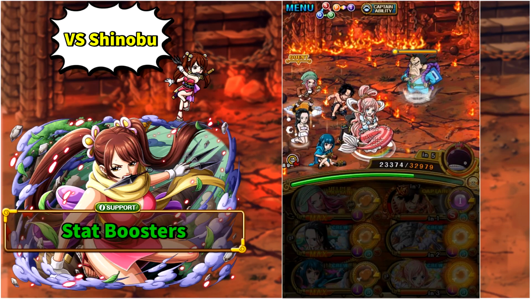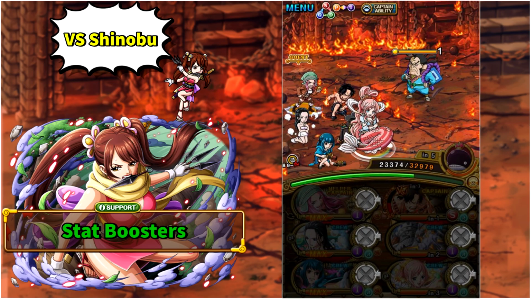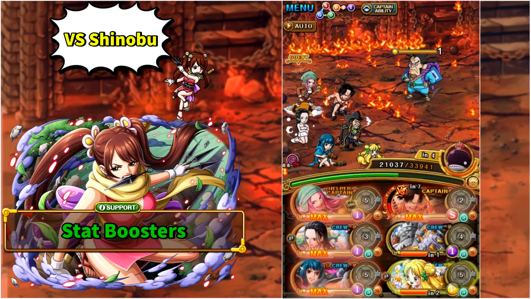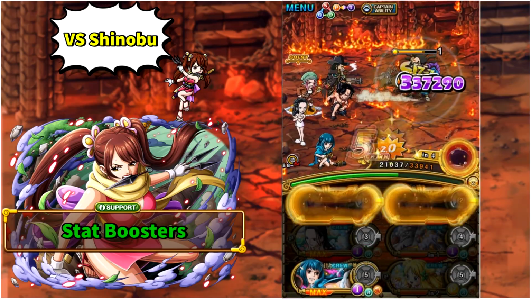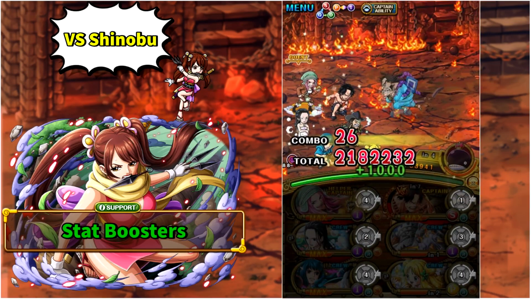Now in stage number 3 against Raizo, he will bind our slots for 6 turns. Some of your units, if limit broken, will resist some turns, but generally keep attacking Raizo and also swapping Shirahoshi Manseri, so in 3 turns you will be able to take him out, move on,